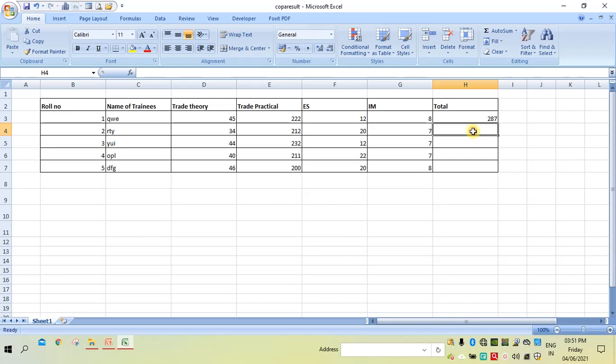Similarly, if you want to find the total of these 4 numbers, click here and automatically it will take them, and then say enter. So this is how it is automatically adding the numbers.